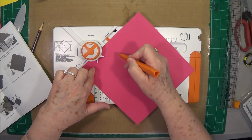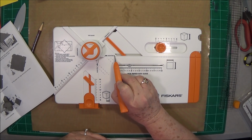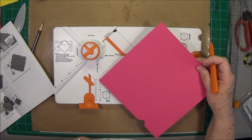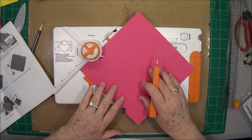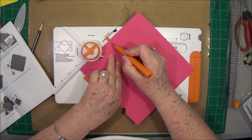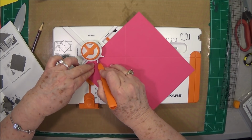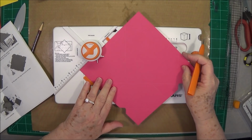So there is my 3 score lines, and it also tells you on here this is score line 2, score line 1, score line 3. So it gives you all of the instructions. And then it says repeat step 3 and 4 on remaining sides. So that means just turn it around, put it in there again, the same place, and do all of your scoring. So let's score that way, score down this way, and score down this way. Turn it, do it again,